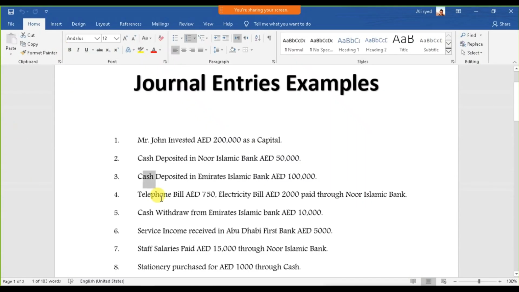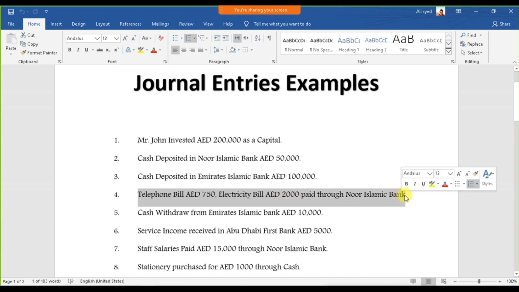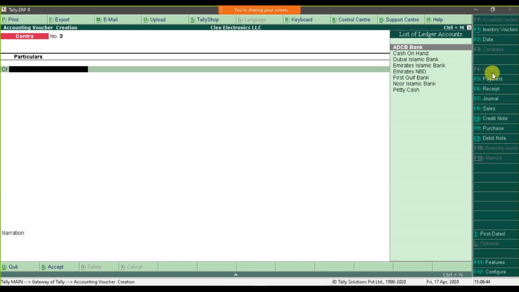Now next after this we paid telephone bill 8750, and we paid electricity bill 2000, and we paid through Noor Islamic Bank. So where we need to go to record this? F4, F5, F6, F7, F8, F9. It's a payment, right? So we go into the payment, and we need to select the telephone, but right now we don't have the telephone or electricity expenses created. So I'm gonna press the shortcut Alt C,